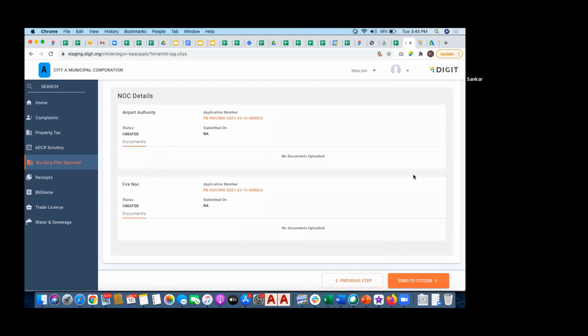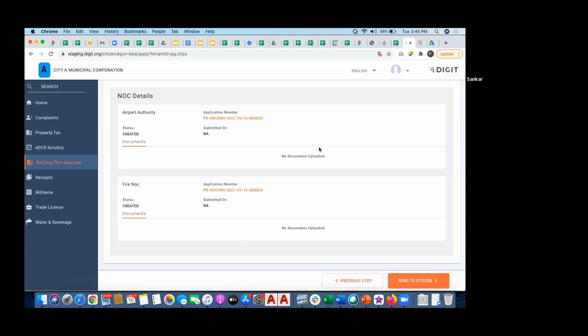Now the process is, as an architect, I created an application on behalf of the citizen, and then I came to the summary page. Now, as an architect, I need to get it approved from the citizen, saying that whatever I've created so far is okay. So the application is true and valid. I'm not violating anything. So the architect has to get it concurred with the citizen, saying that everything is right. So he's sending the application to the citizen.